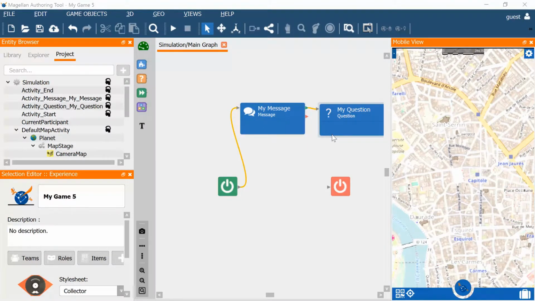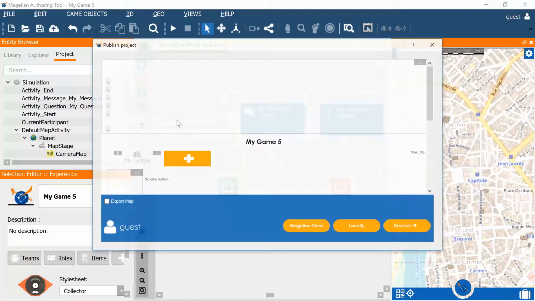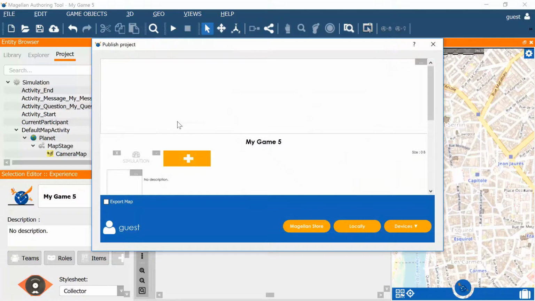Having these two activities put in our main graph, we will go to File, press Publish. You will be shown that you have to allow USB debugging on your phone. Press OK, which means it's already connected. This means that it automatically detected my device because I published other games, but we will now set up your ADB path. In order to publish it, we will set the ADB path,